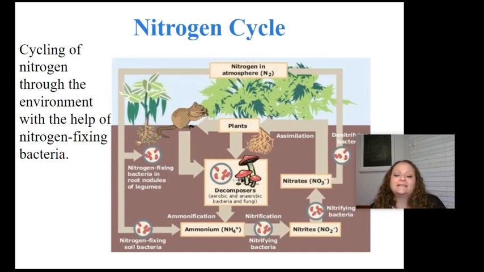Final cycle is the nitrogen cycle. Most important thing for you to remember about the nitrogen cycle: we are surrounded by nitrogen. That nitrogen in the air we can't use. And so bacteria living in the soil is actually nitrogen fixing. Some bacteria, not all of them, actually live in the nodules of plant roots, through denitrifying bacteria,